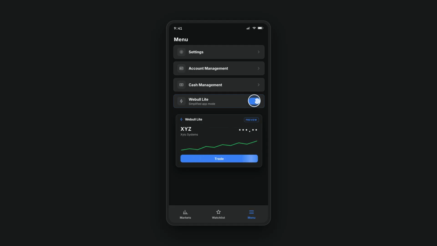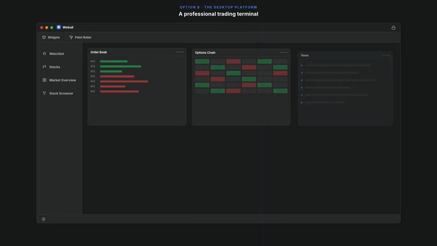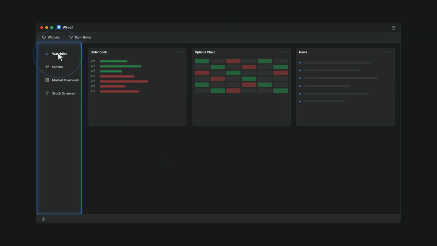Option B, the desktop platform. This one's built more like a professional trading terminal, so the layout leans heavily on customization. Down the left-hand side, you'll find your core navigation. Watch list, stocks, market overview, and stock screener are typically right there, giving you quick access to the major sections